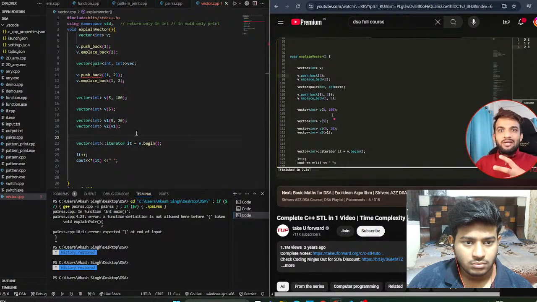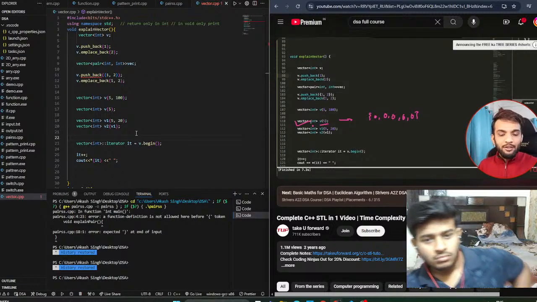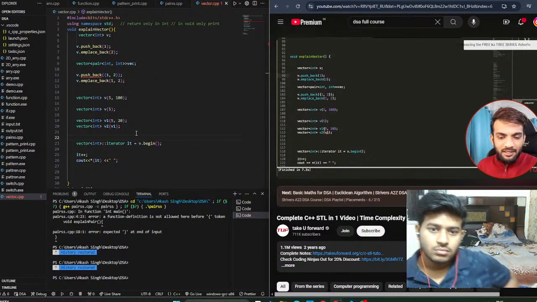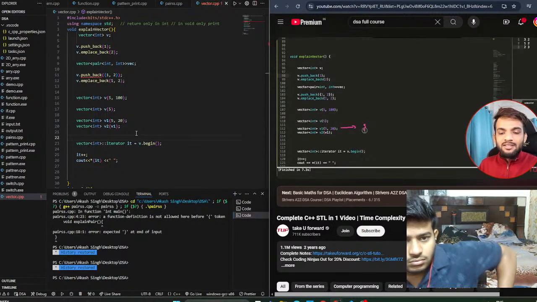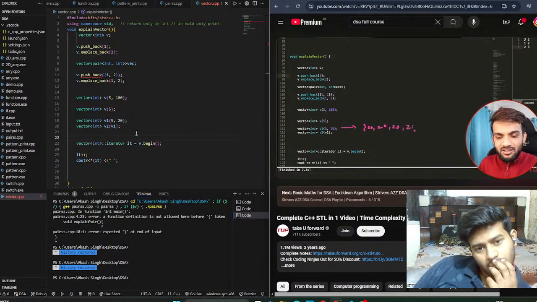What if I don't want to declare with 100? You can just declare of this. If you do this, what happens is a container of size 5 with 5 instances of 0 or any garbage value is declared. Now this depends on the compiler, okay. That's how you can easily do it. So similarly, if I do something like v1 of 5, 20, this will declare a container of 5 instances of 20,